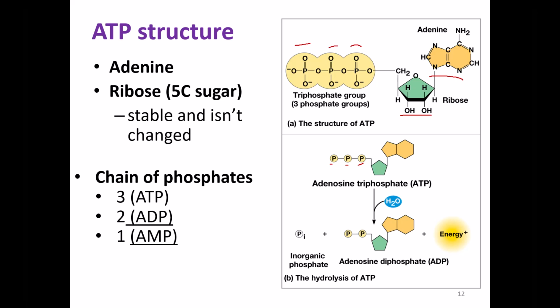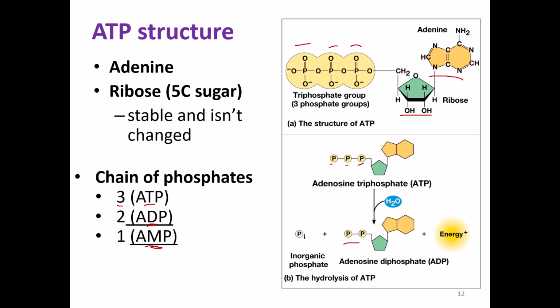So the phosphate groups can break apart and release energy. If we have 3 phosphate groups, it's adenosine triphosphate. The T stands for tri. If there are 2 phosphates, that would be adenosine diphosphate. The D stands for di, which is 2. And ADP can break apart, and if there's only 1 phosphate group left, it's AMP, which the M stands for